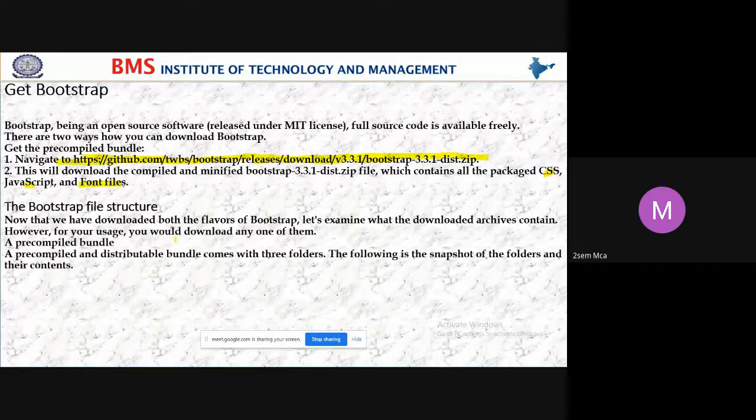Now that we have downloaded both flavors of Bootstrap, let's examine what the downloaded archives contain. Once you download Bootstrap using this navigation, it contains CSS, JavaScript, and font files.